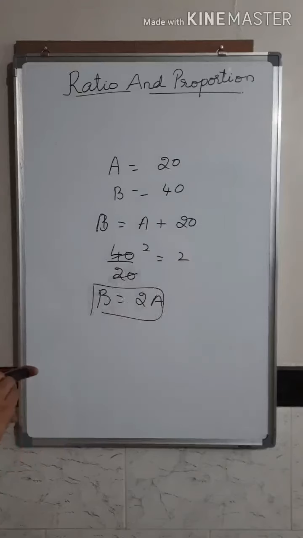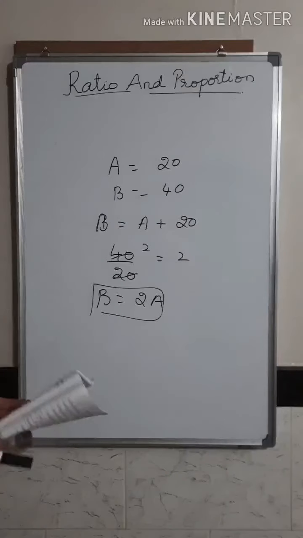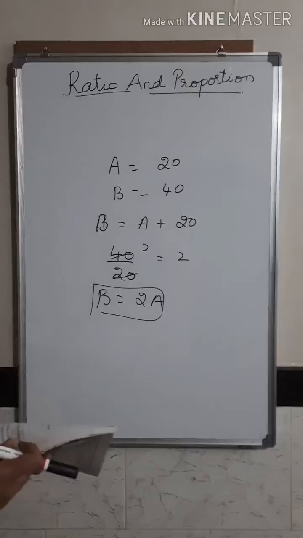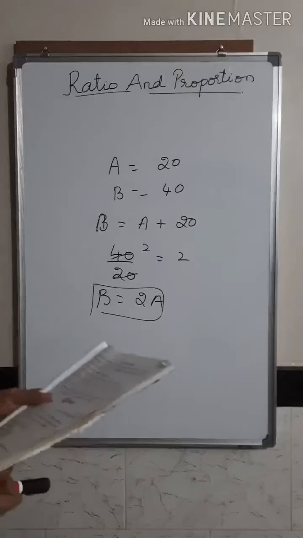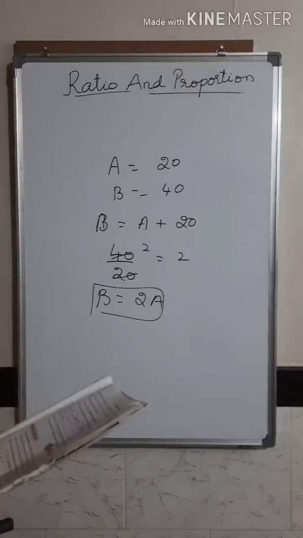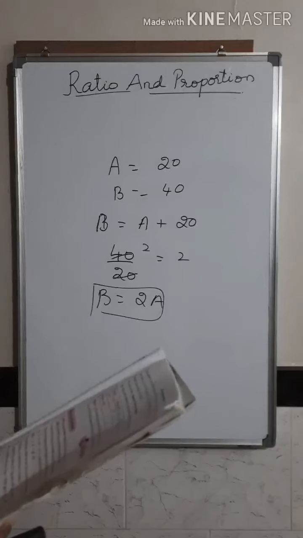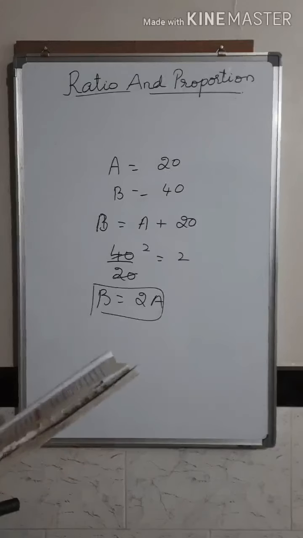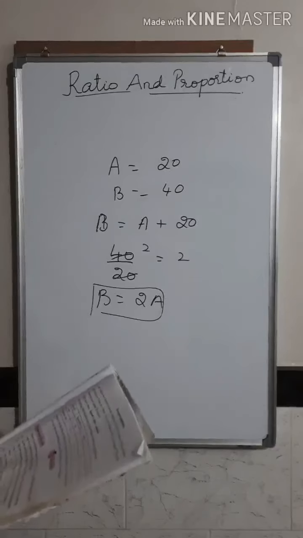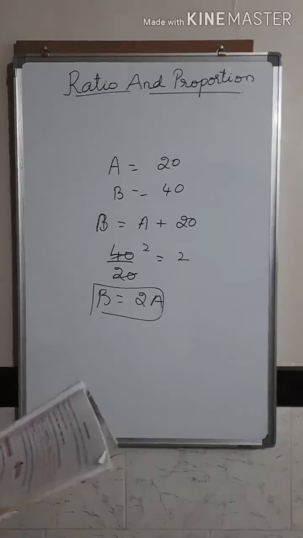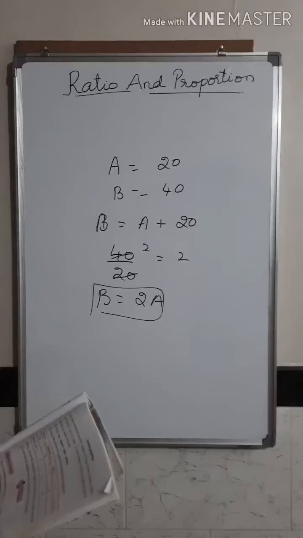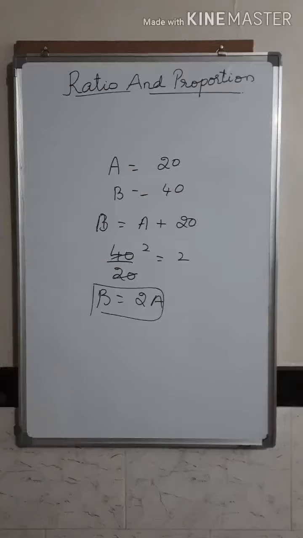Now in the ratio, there are a few points to keep in mind, a few properties of ratio. The properties of ratio are given in your textbook on page number 59. So understand the ratio, what the properties of the ratio are, and you are going to use these properties in solving the problems. Now first, how is a ratio written? What is the symbolic way of writing the ratio?